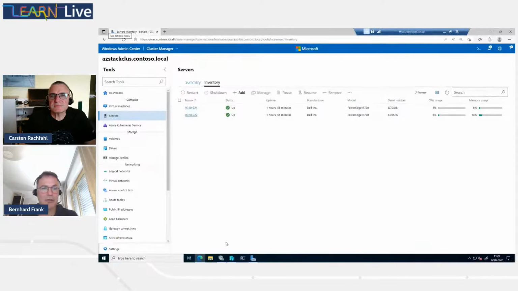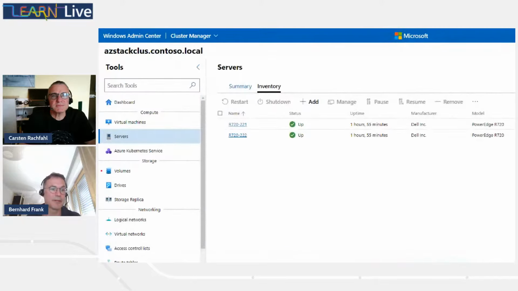And let me jump over to my demo environment here. So hopefully you should see that. It's not rocket science. If you go into your cluster section here, there is the option for the servers. You need to look for the inventory stuff, and then you select the node, right? So you do the checkbox, and then these options here on the right